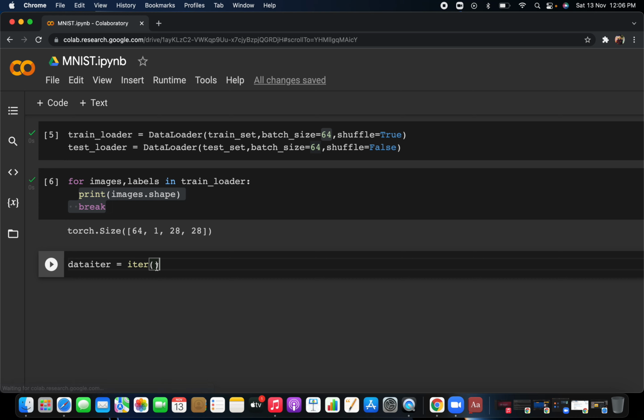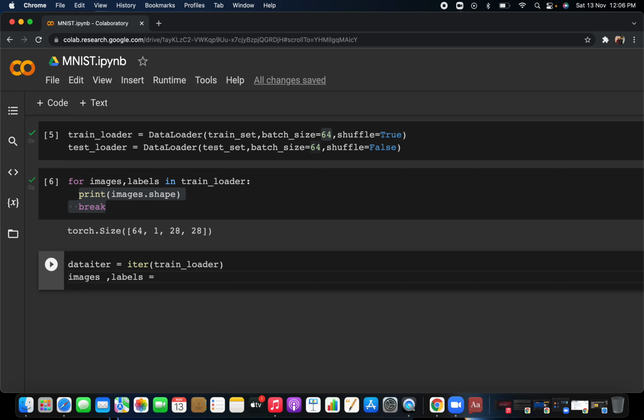Don't be confused by this; you just have to pass the train loader, since you are only looking at the train loader. Whenever you call next on it, it will return two things: the images, a total of 64 images, and their 64 labels.